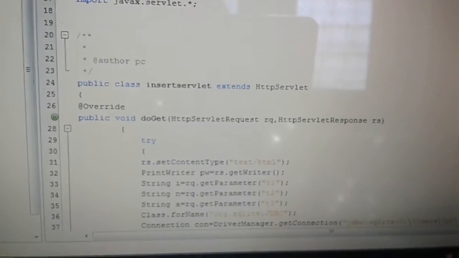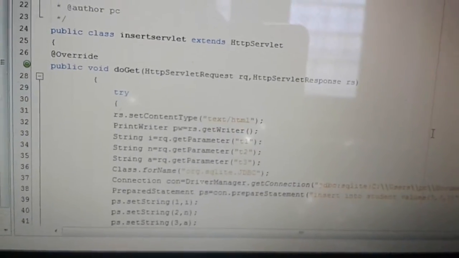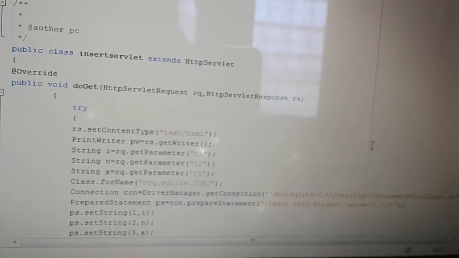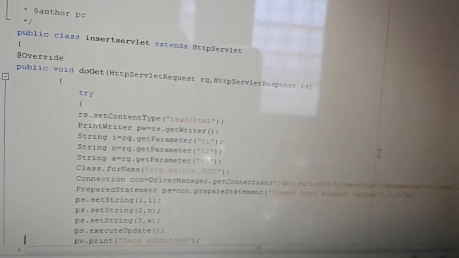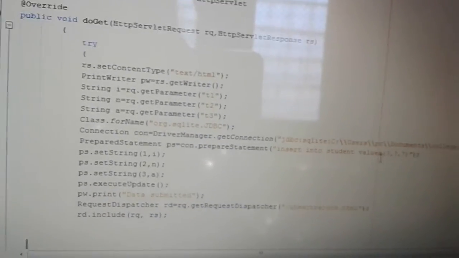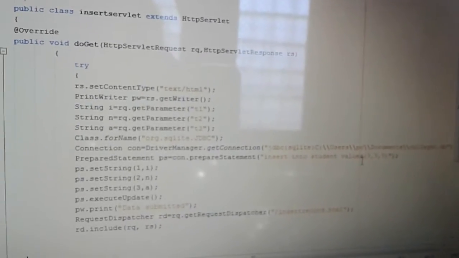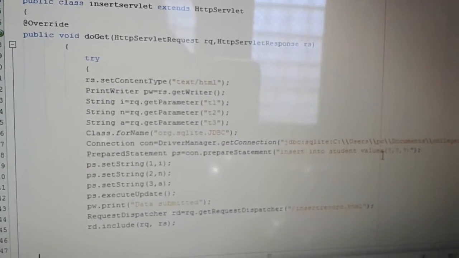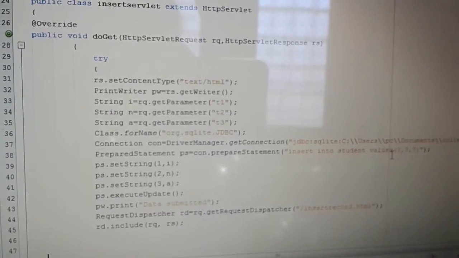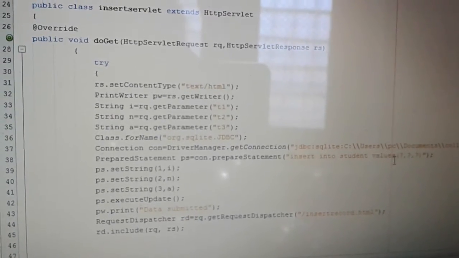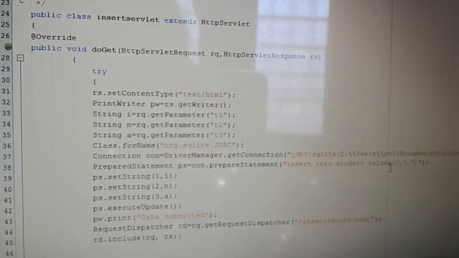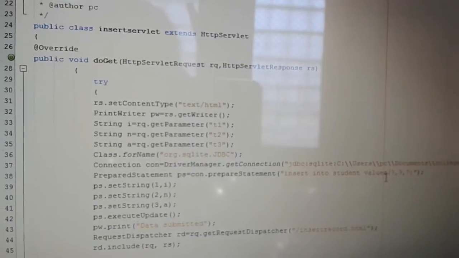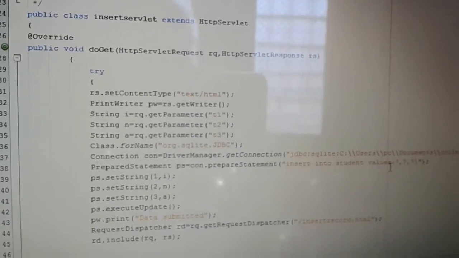Now open braces, then override public void do get with http servlet request and http servlet response. This is for request and that is for response. Now try is really necessary, because without try it shows you the class not found exception error. In place of try you can also write public void do get http servlet request and http servlet response throws IO exception and SQL exception. Okay, then